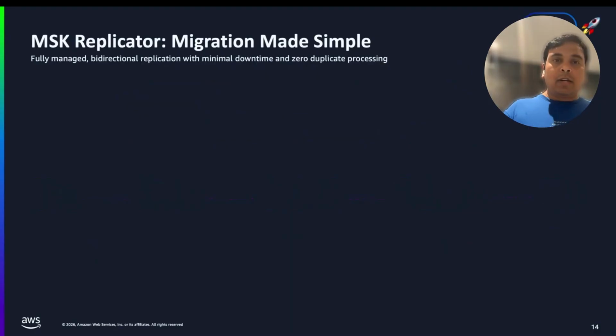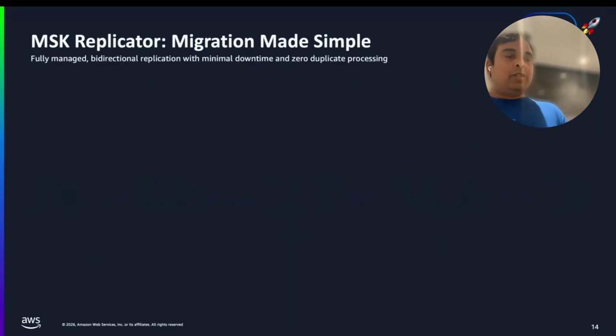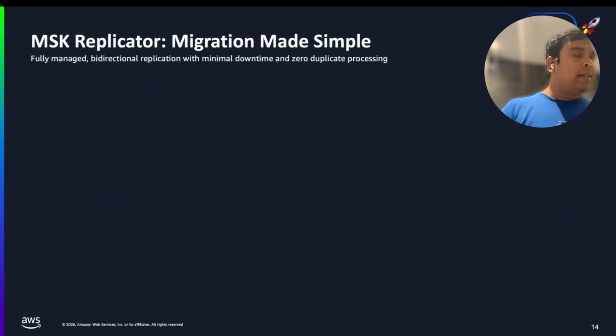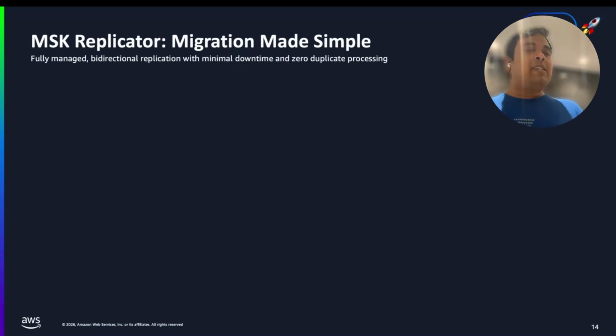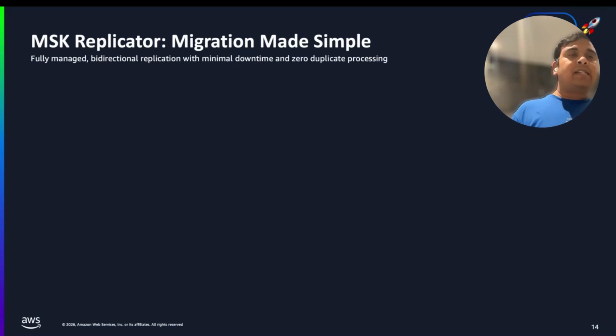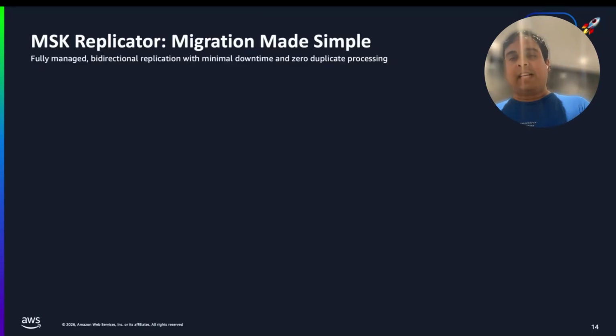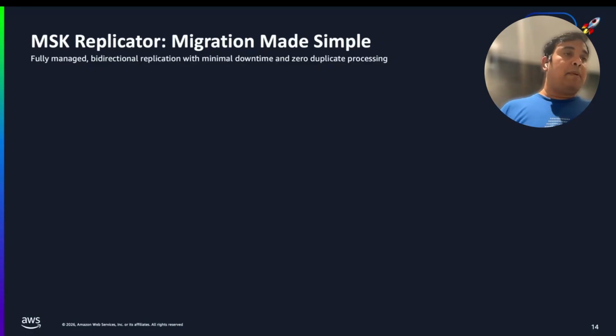And the last question is, if MSK Express is so good, how can you migrate to MSK Express? That's what we have recently launched a capability for. It's hot off the press: using MSK Replicator to support external Kafka clusters or the Kafka protocol, which allows you to move from external Kafka clusters to Amazon MSK Express. This capability of MSK Replicator already existed. Initially, it supported replication between two MSK clusters. Now we have also enhanced it to support external Kafka clusters as well.